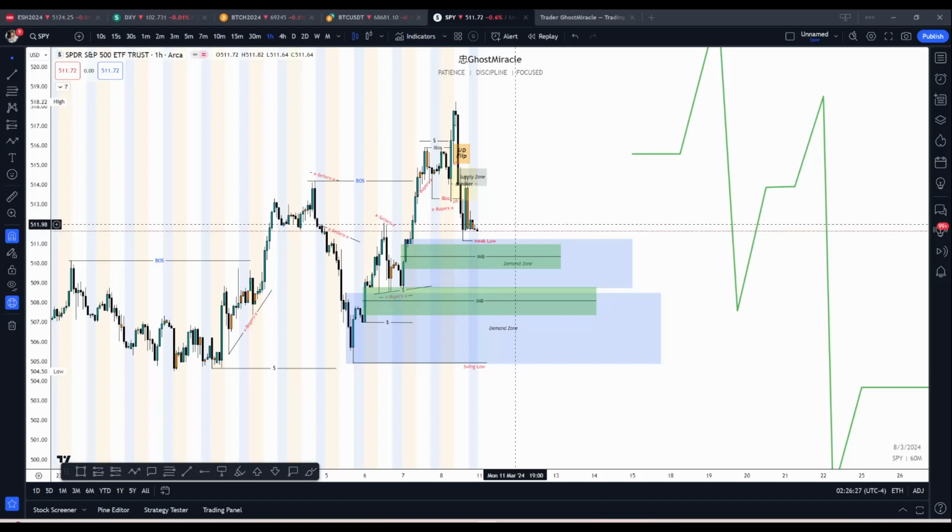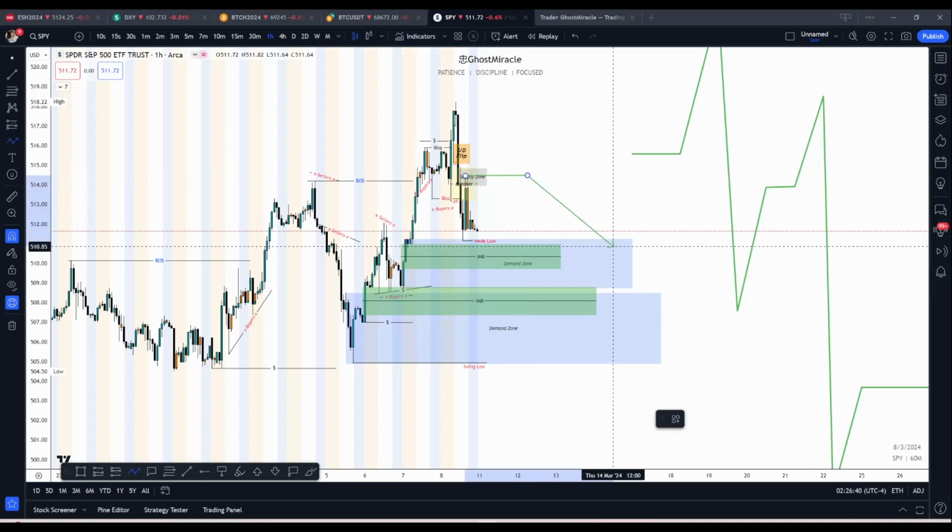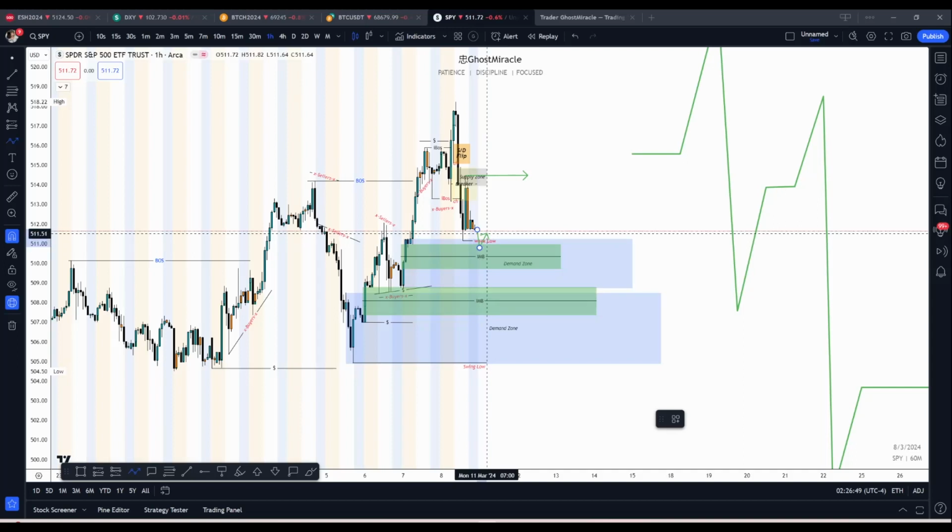You want something more like this, because in order to get a change of character, you would have to wait, at least on the 1 hour, until something up here, right? So what I would want to look for is something like this. Break, another pullback, break, tap into here,